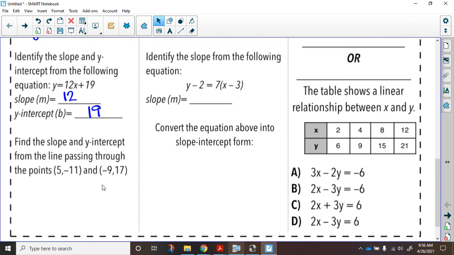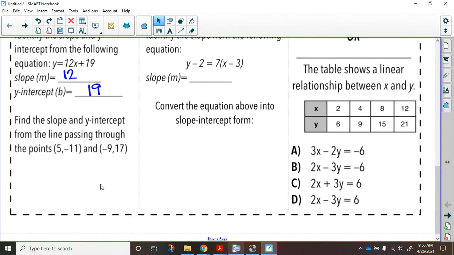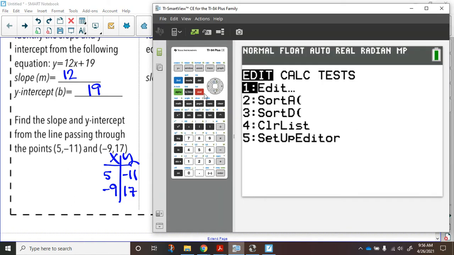Alright, and finally for that last description, it says find the slope and y-intercept from the line passing through the points 5, negative 11, and negative 9, 17. So the easiest way to find the slope and y-intercept is to plug them into StatEdit. So I'm just going to put them into a table and then type them into my calculator. So going back to StatEdit,